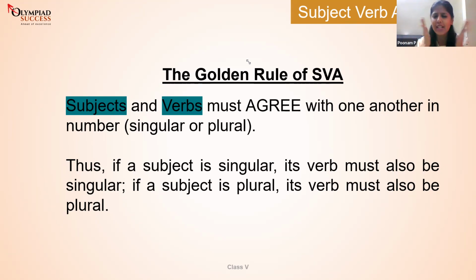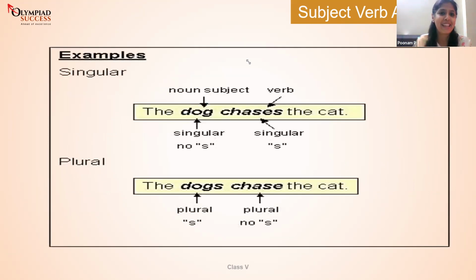This is very easy. Just note this down in your mind, the golden rule of subject verb agreement, that they have to agree in number. If I am one, the verb also has to be one. Let's say I'm the subject. If I am two, or I am three, if I am plural, the verb also has to be plural. That's the subject saying to the verb.